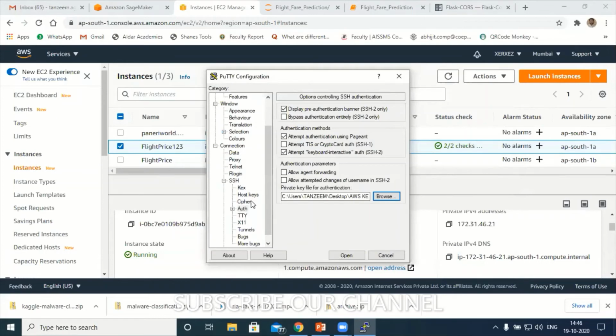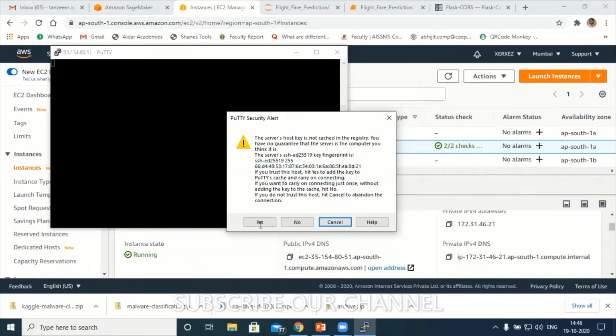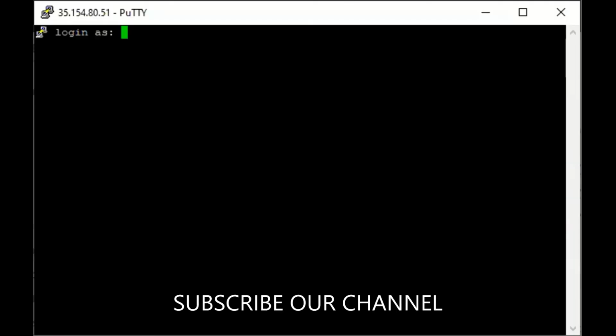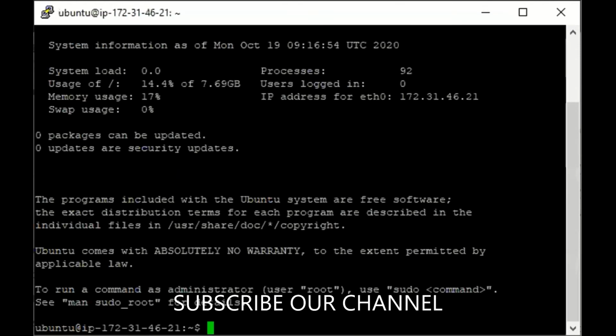Open. Can you see the login window? Yes, sir. So right now I'm in the login window. This configuration is as it is, the same. There is no difference here. Ubuntu. Okay, fine. Till then, let me run apt-get update. Let this update run first.